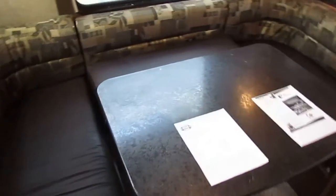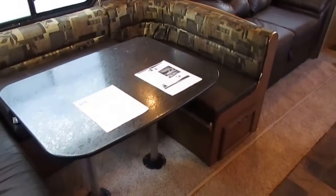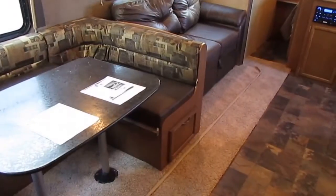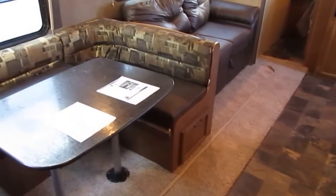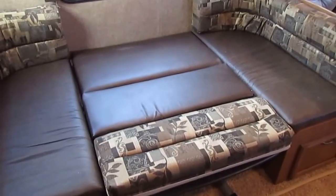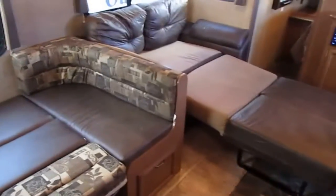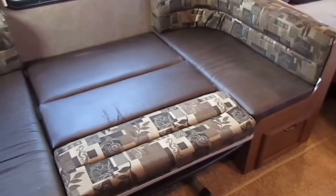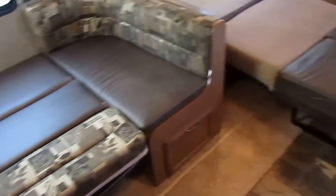What I'm going to do is pause the camera real quick and set some of these beds up, because I want you to see the table booth and the sofa when it's made out into beds. So y'all just hang on tight. And we're back, folks, and actually this one was pretty easy to set up. As you can see, the table booth makes a really nice double-sized bed. Sleeps 2 adults, and this